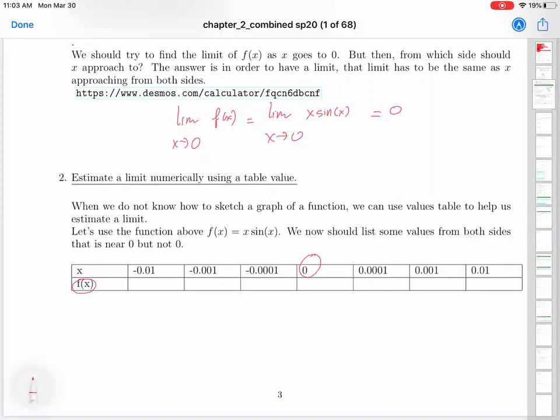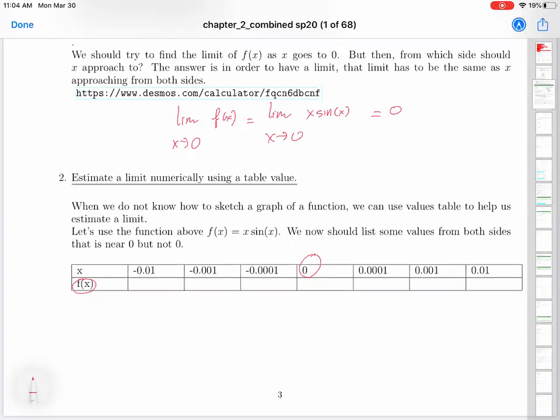So I pick a few values on the right side of 0 and a few values on the left side of 0. And in order to have a good estimation, I pick values from the right side and from the left side that are very, very close to 0, which is 0.0001, 0.001, 0.01, and so on. By picking these values, I can find the function values, and then from those function values, I will try to find the patterns so that I can make an estimation for the limit of the function